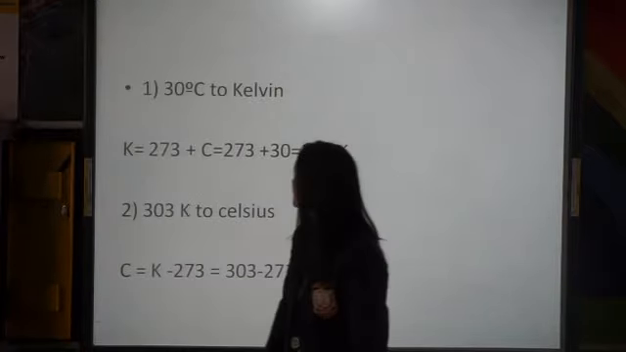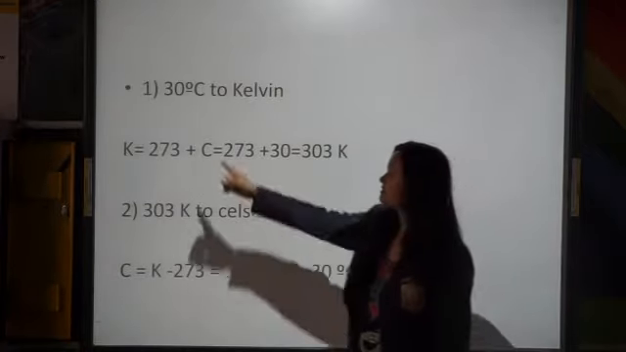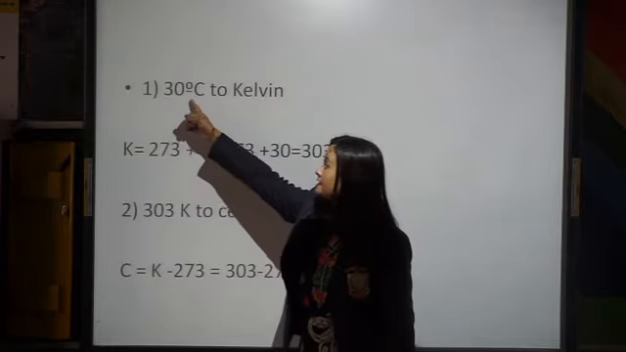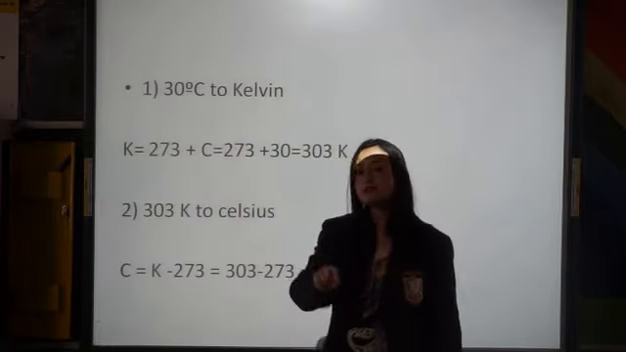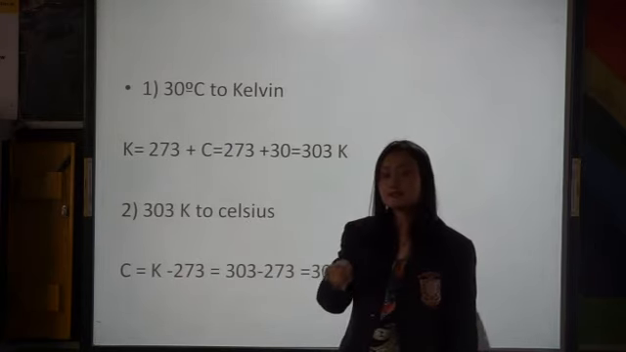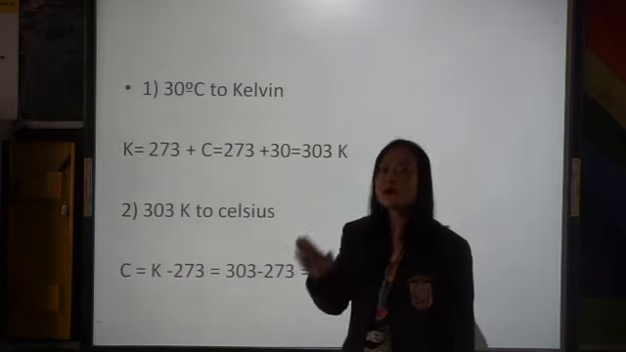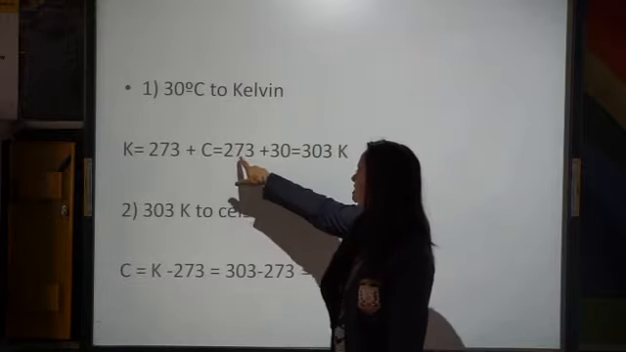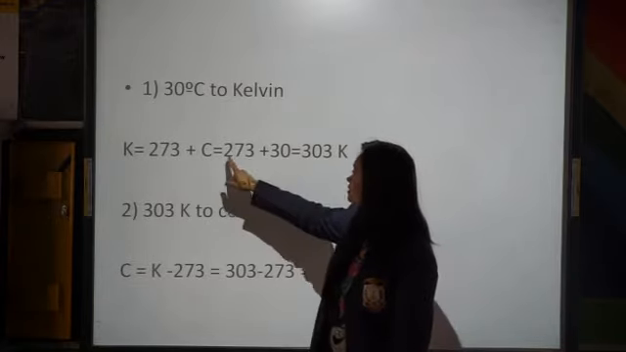Now see here, an example. The temperature is given in Celsius, 30 degrees Celsius. You have to convert the Celsius to Kelvin. And when you are converting Celsius to Kelvin, you simply have to add how much? 273. So when you add 273,